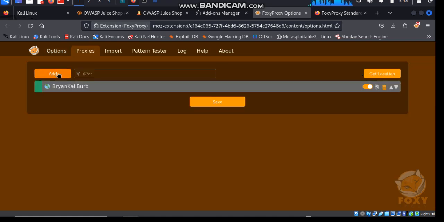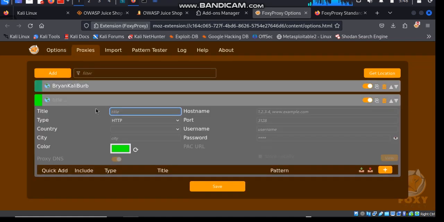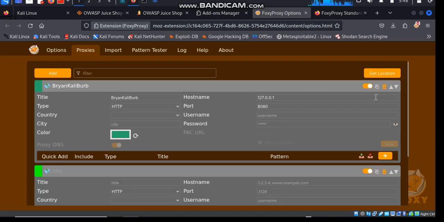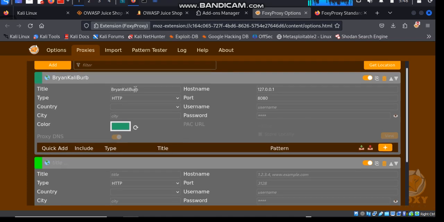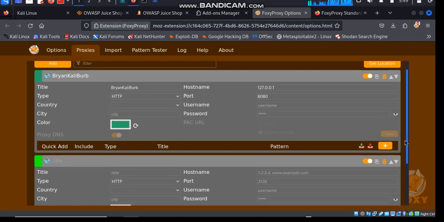When you press add, an empty one will come up for you without title, without anything. I'm going to open my own so that you could see what I put into mine. I just put the name, any name you want, but ensure that the host name is going to be this and the port is going to be this. You put the port here, the host name here, then HTTP is already selected, and that is that. Nothing else, then you save it.